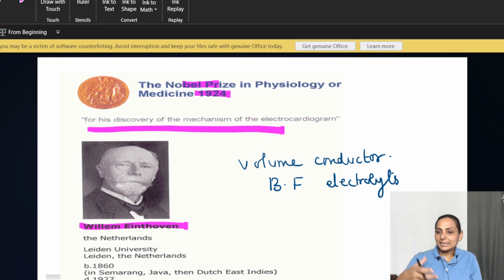So what happens is that the electrical activity generated in the heart is sufficiently bigger as compared to the other body tissues, and it can be easily conducted to the body tissues, and you can pick it up when you place suitable electrodes on the body surface. So the body being a volume conductor, it is feasible to measure the electrical activity of the